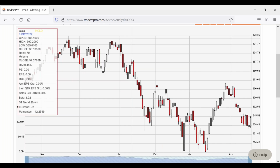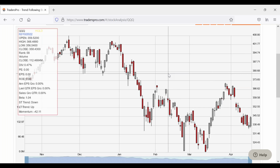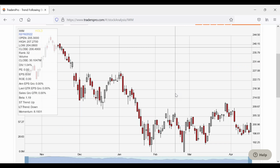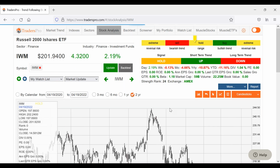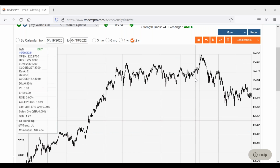All right, at Qs I'd like to see the Qs be outperforming as well. Would be a good sign. And then, like I said, the Russell 2000. Now, as I mentioned many times, but for those that are maybe new today, we want to go to a long-term chart of the Russell here. This is a key area we want to be keeping an eye on,